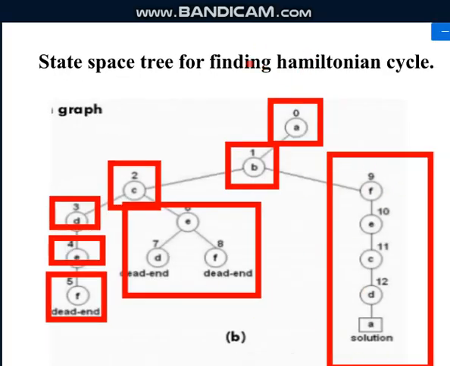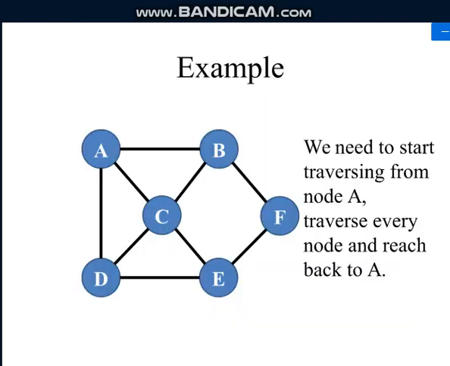That is nothing but you are just trying to find a cycle. How are you going to find a cycle? You can start from any vertex. There is no restriction that you have to start from vertex A only. Even if you start from vertex B, that is also fine, or vertex C, that is also fine. But ultimately you should get the cycle, and in that cycle you should have visited all the nodes and you have to reach back to the start node from where you started.